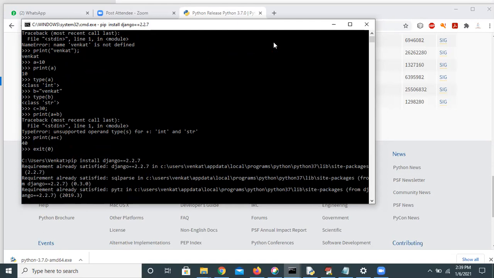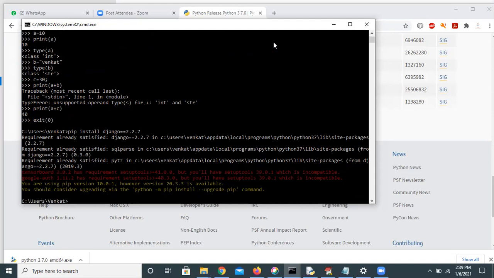What is it saying? The requirement already satisfied. That means it already exists. That's all. Here, how to check, sir, whether it's available or not.